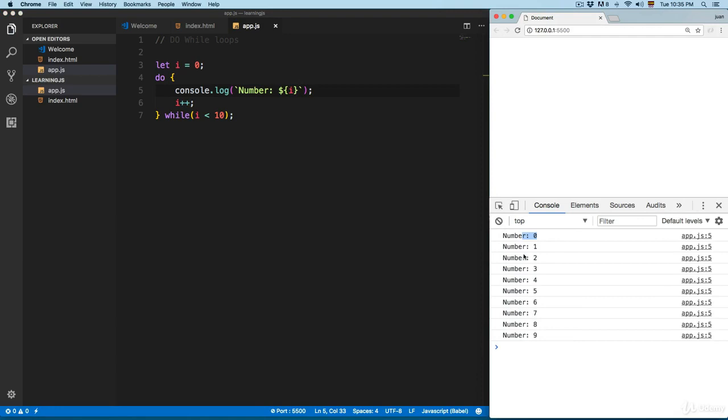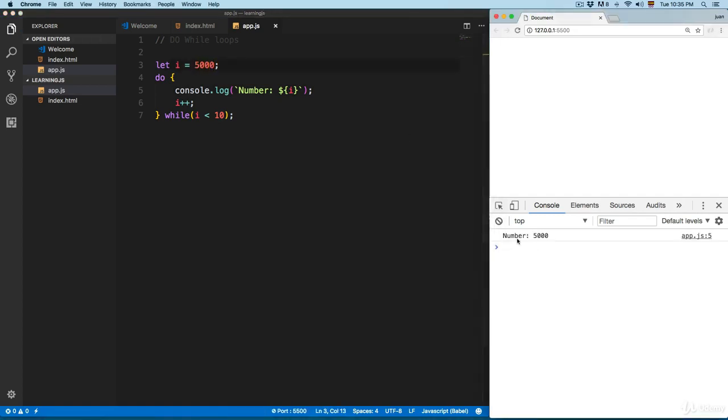Now you can see we have number 0, number 1, and we have all the numbers through number 9. So the main difference between the do while loop and the while loop and for loop is that this is going to run at least one time. So for example, if I add something like 5,000 here, save, you can see we have number 5,000 because it's going to print this value. Then it's going to increment, and then it's going to check the value. But at this point, this value, at least one, has been printed, and you can see we have